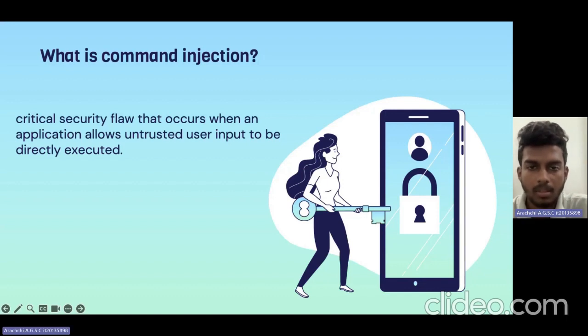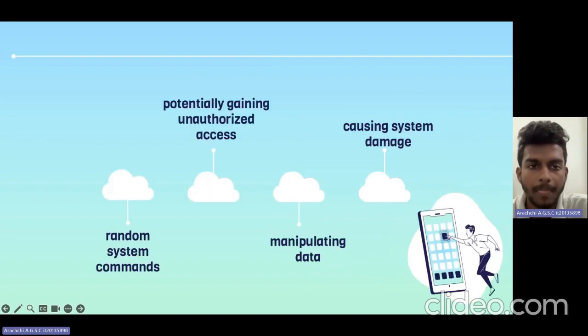A command injection vulnerability is a critical security flaw that occurs when an application allows untrusted user input to be directly executed as a command. Attackers can exploit this vulnerability to run arbitrary system commands, potentially gaining unauthorized access, manipulating data, or causing system damage. So proper input validation, sanitization, and careful handling of user-granted data are crucial to mitigate the risk